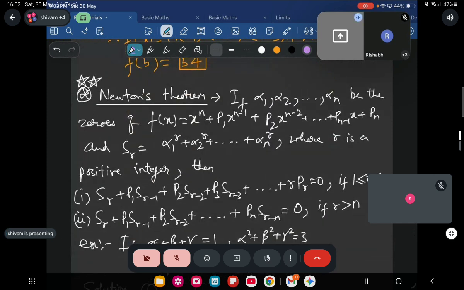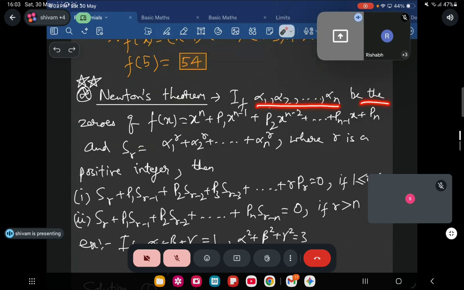Newton's theorem, pay attention. What does Newton's theorem say? That if alpha 1, alpha 2, up to alpha n are n zeros of f of x equal to x^n plus p1 x^(n-1) plus p2 x^(n-2) plus up to p(n-1) x plus pn, such that Sr is equal to alpha 1 to the power r plus alpha 2 to the power r plus alpha 3 to the power r plus up to alpha n to the power r, where r is a positive integer,